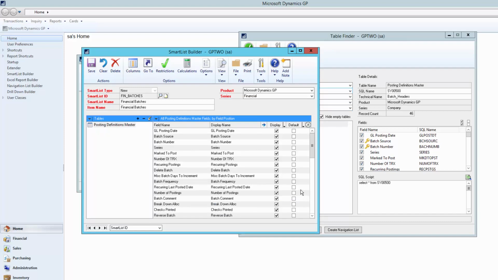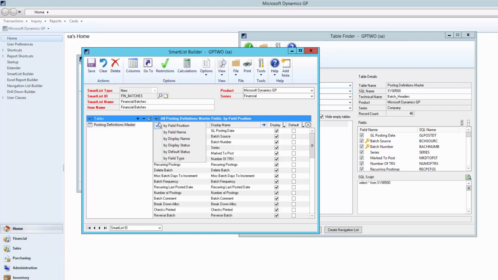The next thing we need to do is tell it what fields I want to have involved. We have a display section, and that's all going to be marked by default. That means it's going to be available when I go to the columns button in SmartList and choose to add. If I unmark something there, it will not be available to add at any point in that list. The default column is what I want to have on my list by default.